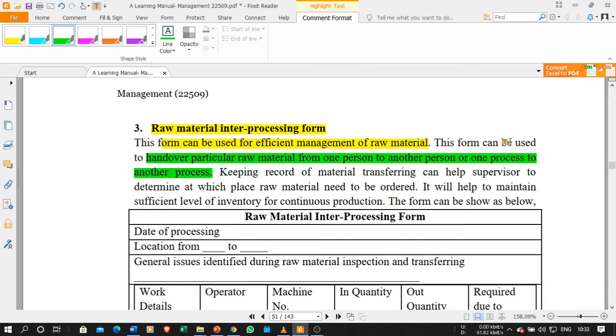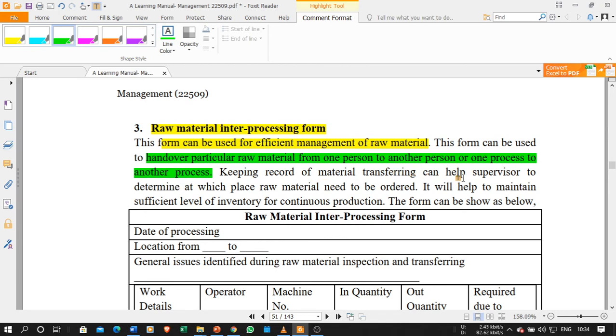Okay, say I want to hand over the material, particular raw material, from one department to another department, or from one person to another person, because the person is responsible for whatever raw material he has received in the industry. इंडस्ट्रीमध्ये जे काही रॉ मटेरियल तुम्हाला दिलं जाईल त्याची रिस्पॉन्सिबिलिटी त्या पर्टिक्युलर वर्करला असेल. सपोज एखाद्या वर्करला 100 युनिटचं रॉ मटेरियल दिलं गेलं, ओके, आणि मध्येच काहीतरी प्रॉब्लेममुळे तो वर्कर त्या कामावरनं दुसऱ्याकडे स्विच केला गेला किंवा तो नाही आला, तर त्यांनी तो फॉर्म भरून द्यायचा की आय हॅव ट्रान्सफर्ड दिस मटेरियल फ्रॉम एक्स पर्सन टू वाय पर्सन.